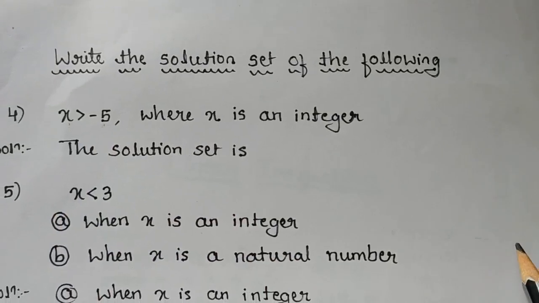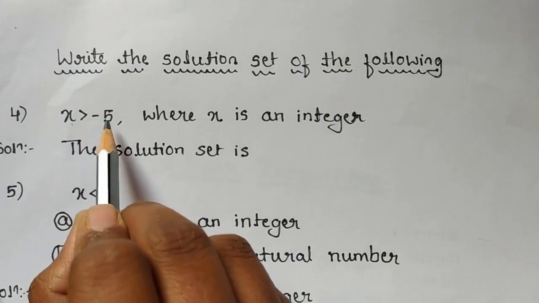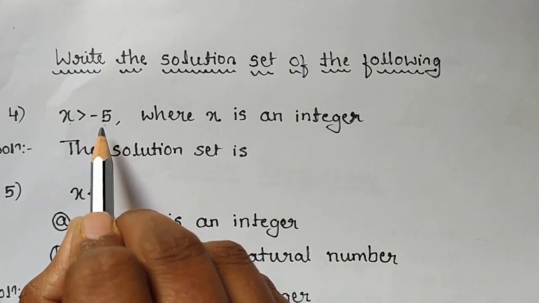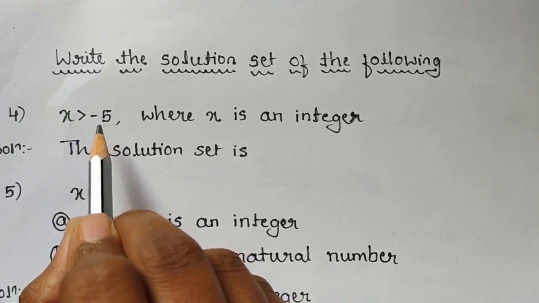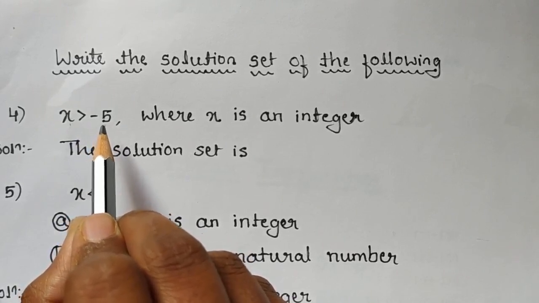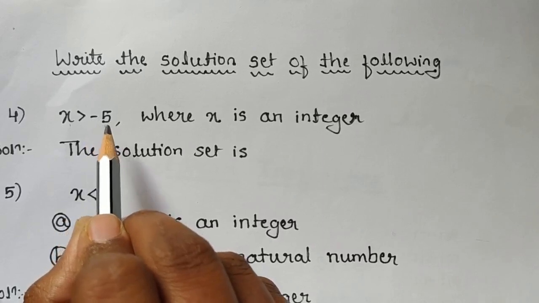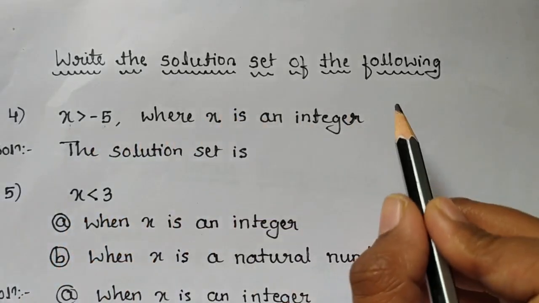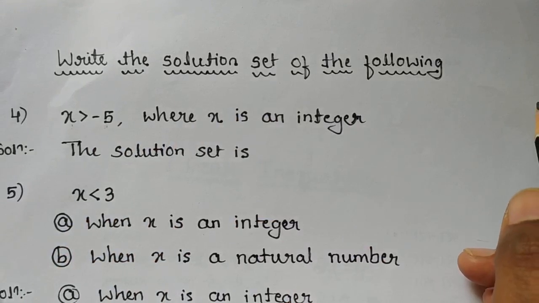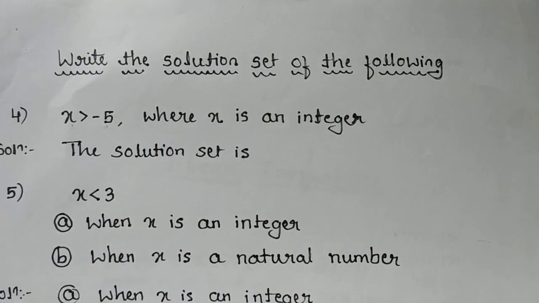We know that the integer values which are greater than -5 are -4, -3, -2, -1, 0. 0 is also greater than -5, true. 1, 2, 3 and so on, all the positive integers. Then the solution set is,